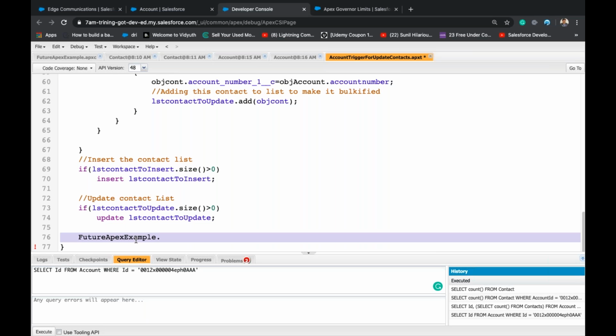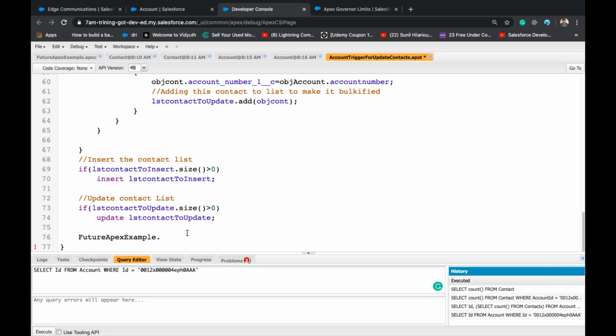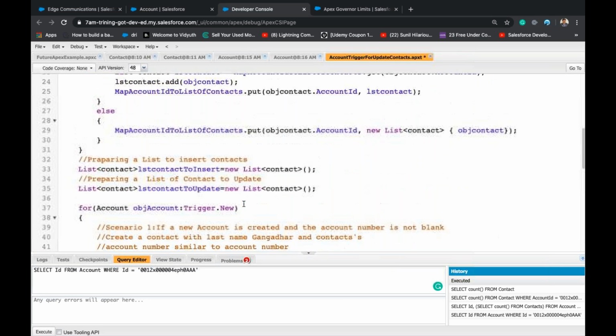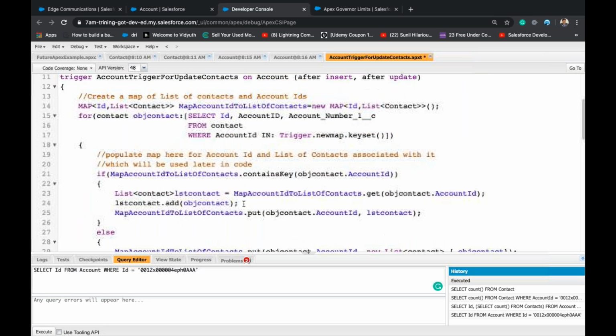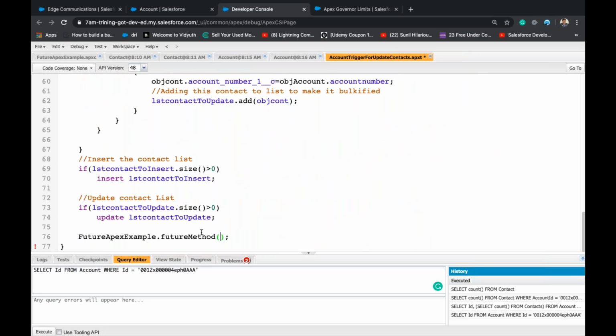So what I should do, I should run it in a for loop. Future method, and I need to pass ID, right? So to pass the ID, I can include it somewhere like this, but I'll write one more method. So I'll put this in.